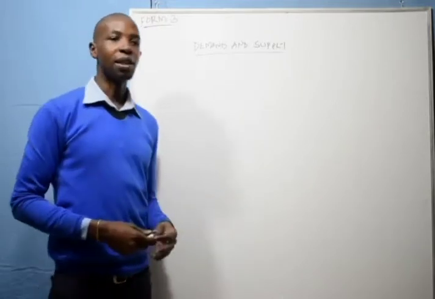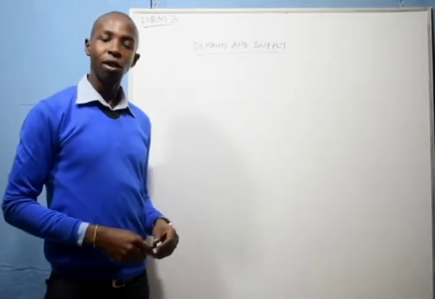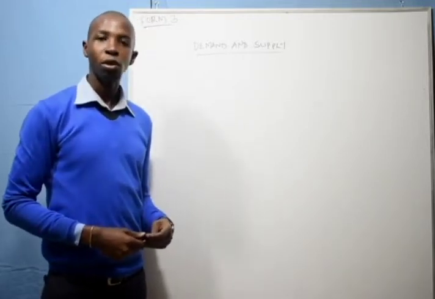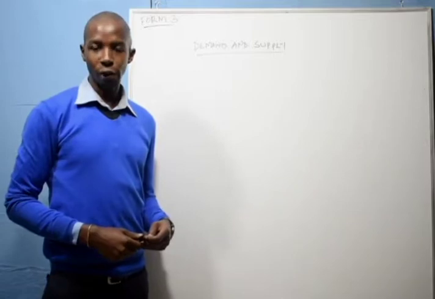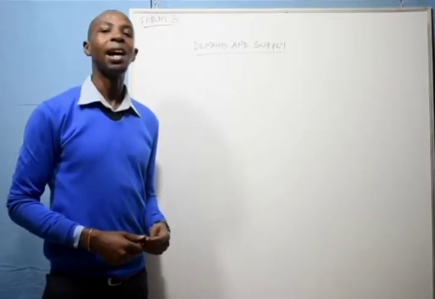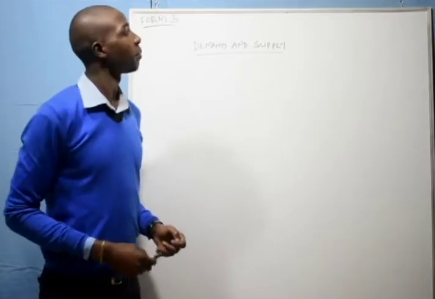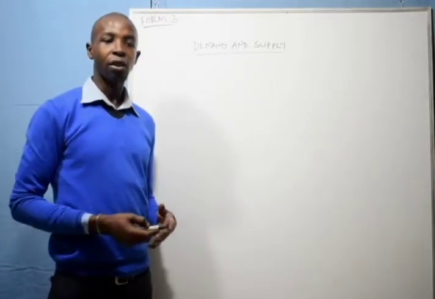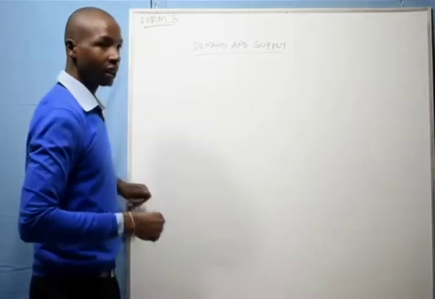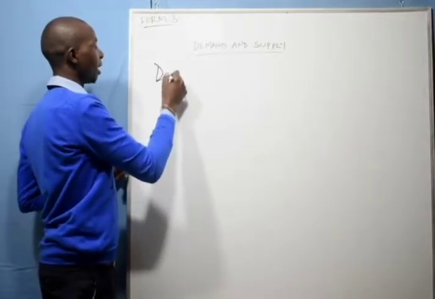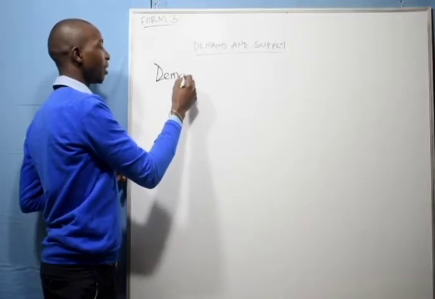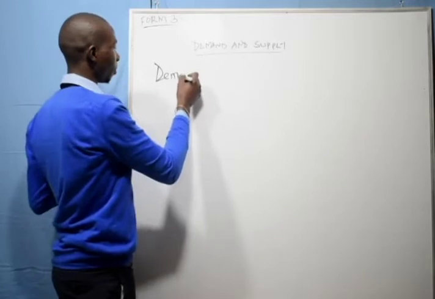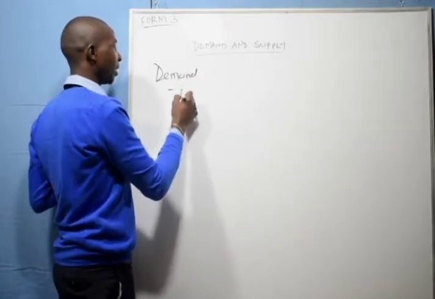So demand can be defined as the quantity of a commodity that the consumers are willing and able to buy at a particular time. We have factors that affect or influence the demand, and one of them is price,